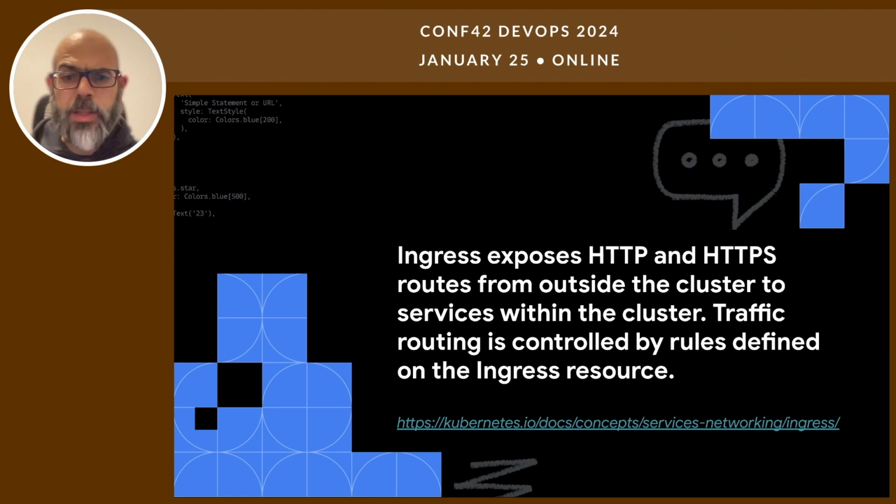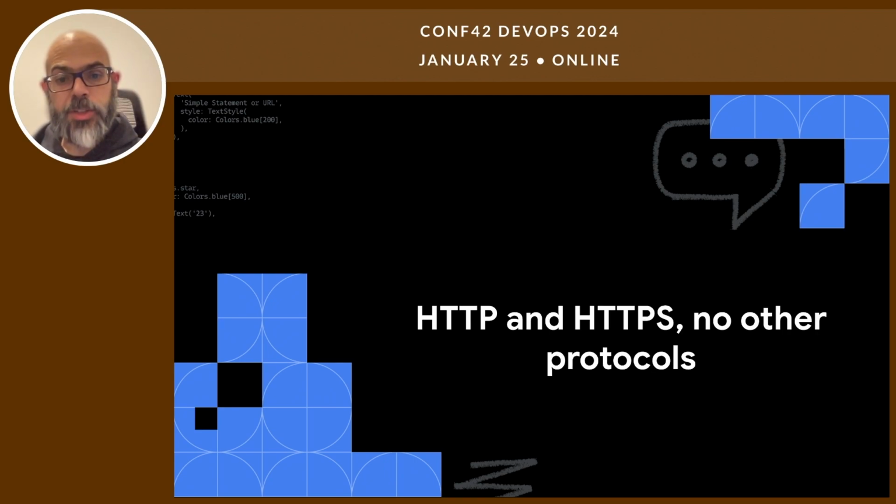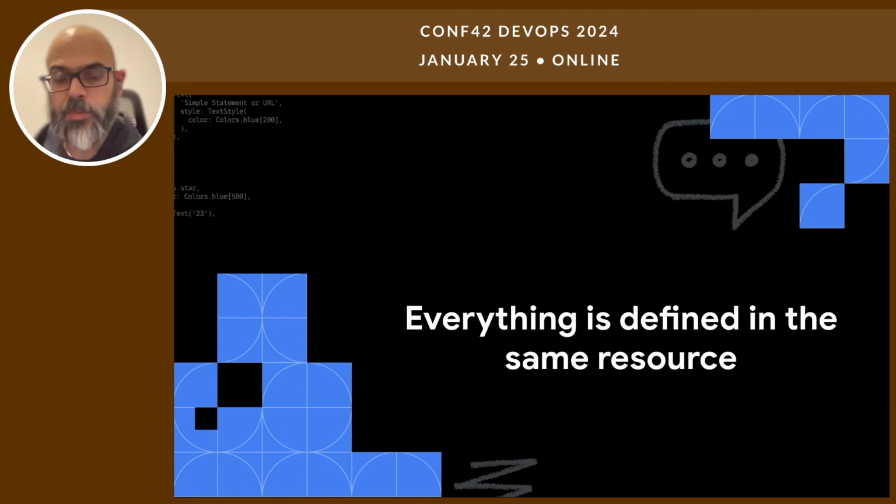Before we go to see the limitations of the ingress API, let's start by reading a small part of the official documentation about the ingresses. The official documentation says that the ingress exposes HTTP and HTTPS routes from outside the cluster to services within the cluster, and traffic routing is controlled by rules defined on the ingress resource. First of all, HTTP and HTTPS. The ingress API was designed with these two protocols in mind, no other protocols. Also, everything is defined in the same resource, and that's a limitation that we can see the implication of